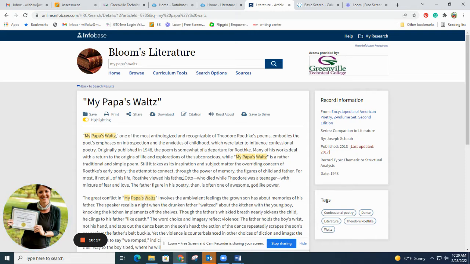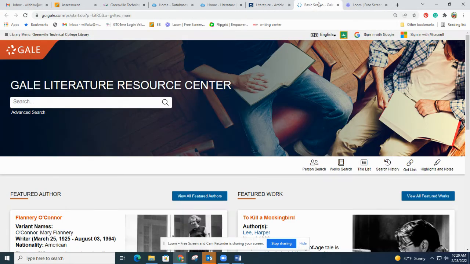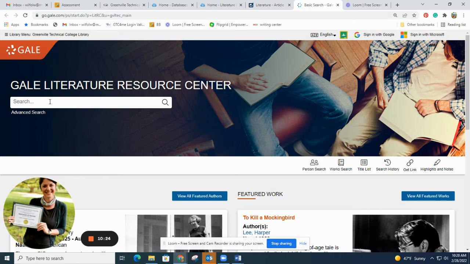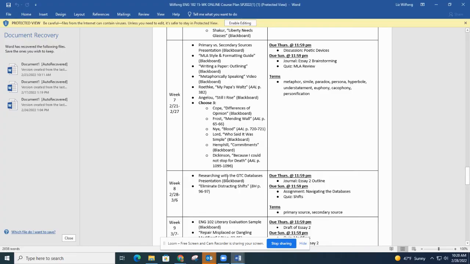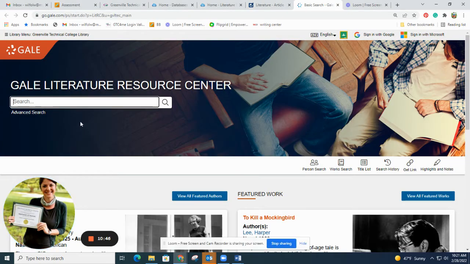Some of them less so, but that doesn't mean you should just bail if you're not finding an entire article about the poem. That's not necessarily what you need. You may need to find information about the poet instead. So for instance, let's say you want to talk about the poem Commitments by Essex Hemphill. We can look and see if there's anything about that poem.